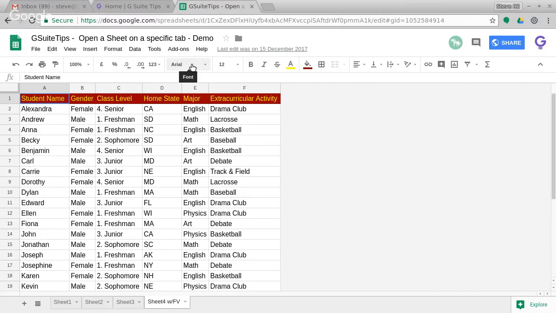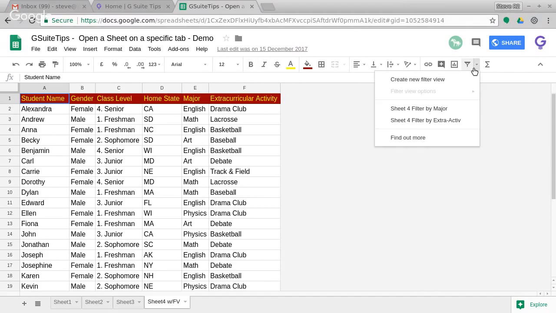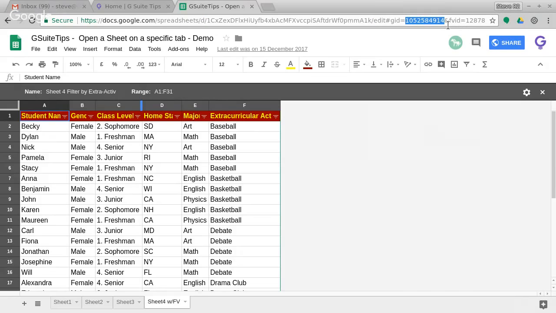Okay, so filter views you can access here on the filter button, and click here for the filter view. There's a couple of filters that I've set up. So I've filtered by major, and you can see I'm in that filter view now, and I could switch to the other filter view by extra activity, and it's filtering by the extracurricular activity. It's just doing a different sort on there. But you can now see on the URL, we've got the sheet number, we've got the gid, and we've also got ampersand fvid, the filter view ID, and then a unique number. So if I now take this URL and copy it,